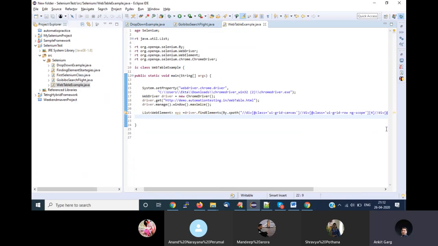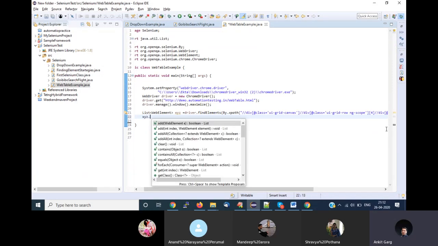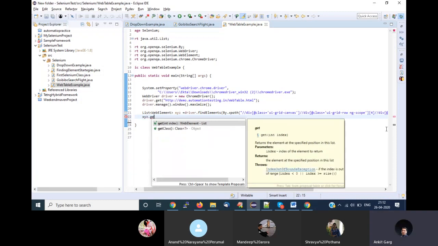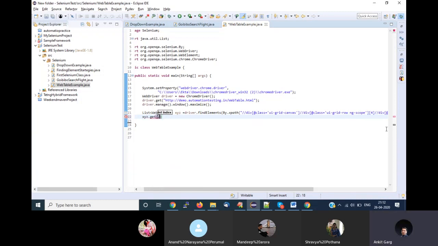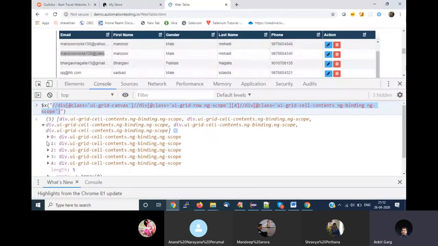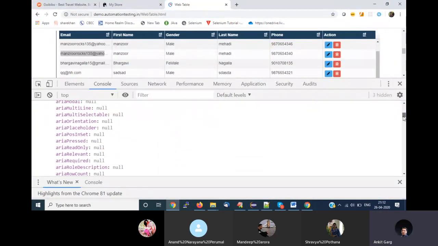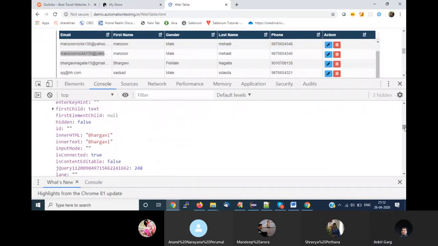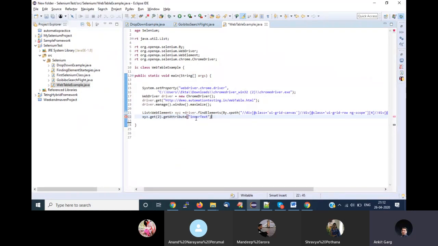The variable name is xyz. With xyz dot get, I can get the values based on the index. Let's say I want to get the value for the second index. What was the method name that I said? Get attribute. In which attribute are you getting the text value? Expand it and just search. You are getting the value in inner text. So you have to use this value and just print it.